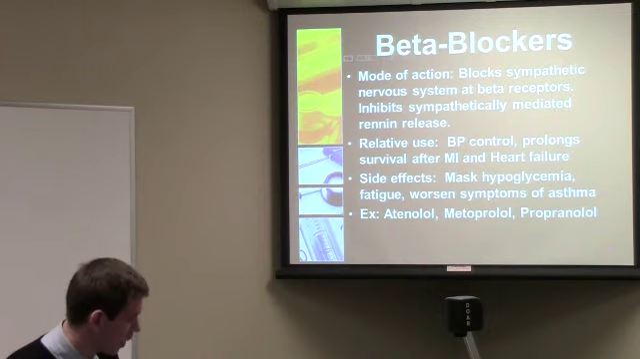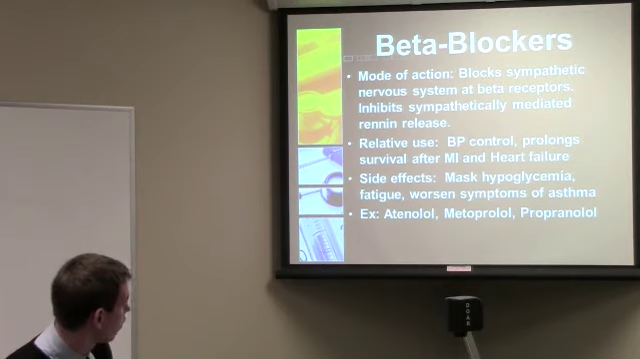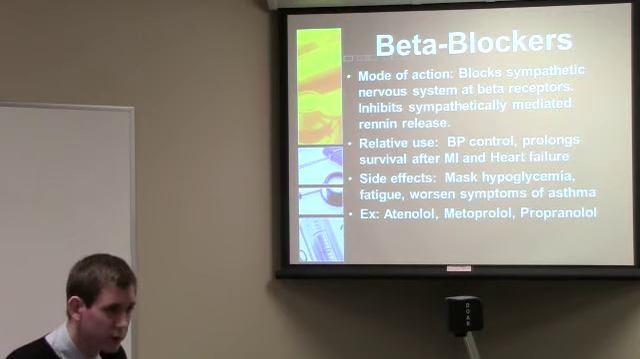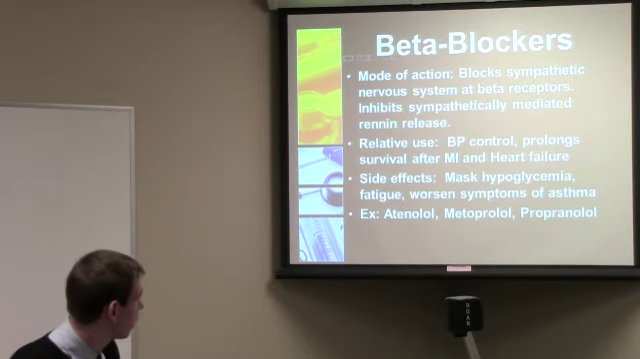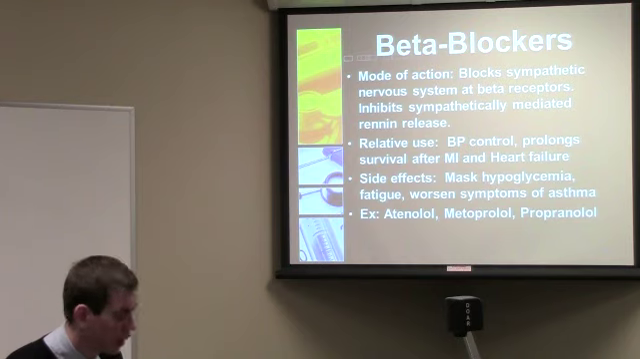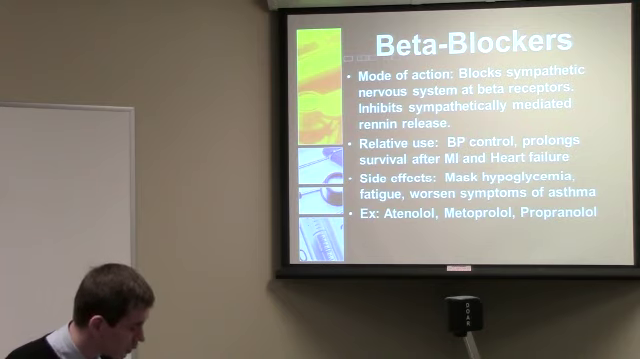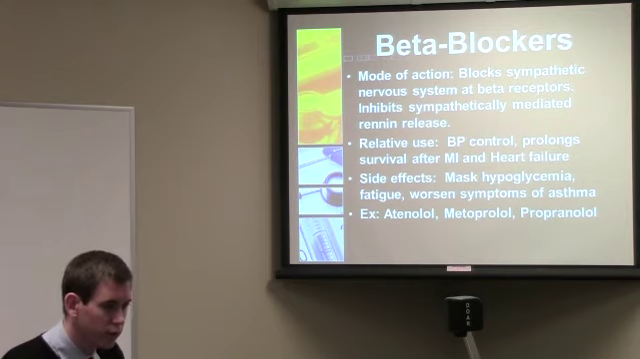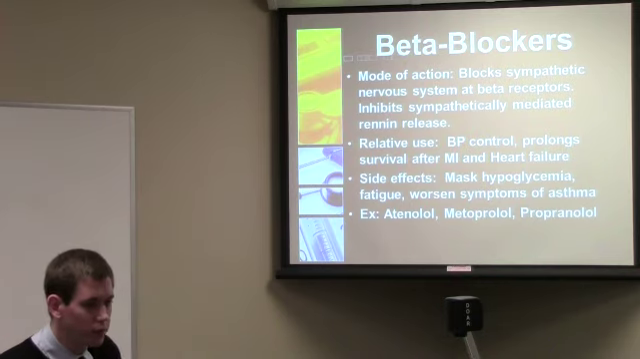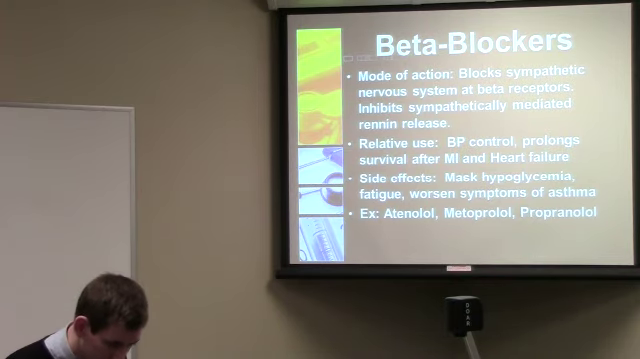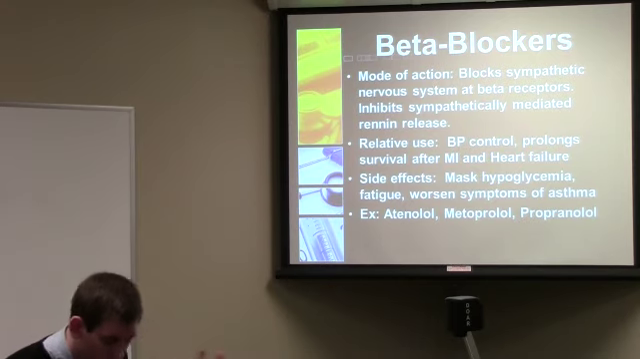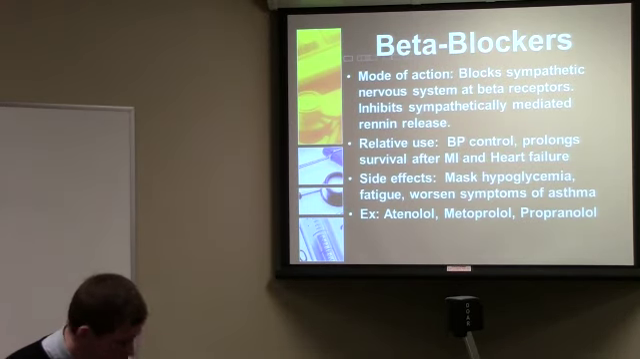So the uses for beta blockers, and we'll see that they have several uses: blood pressure control, prolonged survival after MI, heart failure. We talked about that last week, but we didn't really get into the blood pressure. So today we're associating with blood pressure. Remember, we have two beta receptors. Well, there's more than two, but there's only two that we'll be discussing in pharmacology. We have beta 1, beta 2. Beta 1 receptor is located in the beta 2 receptor is located in the